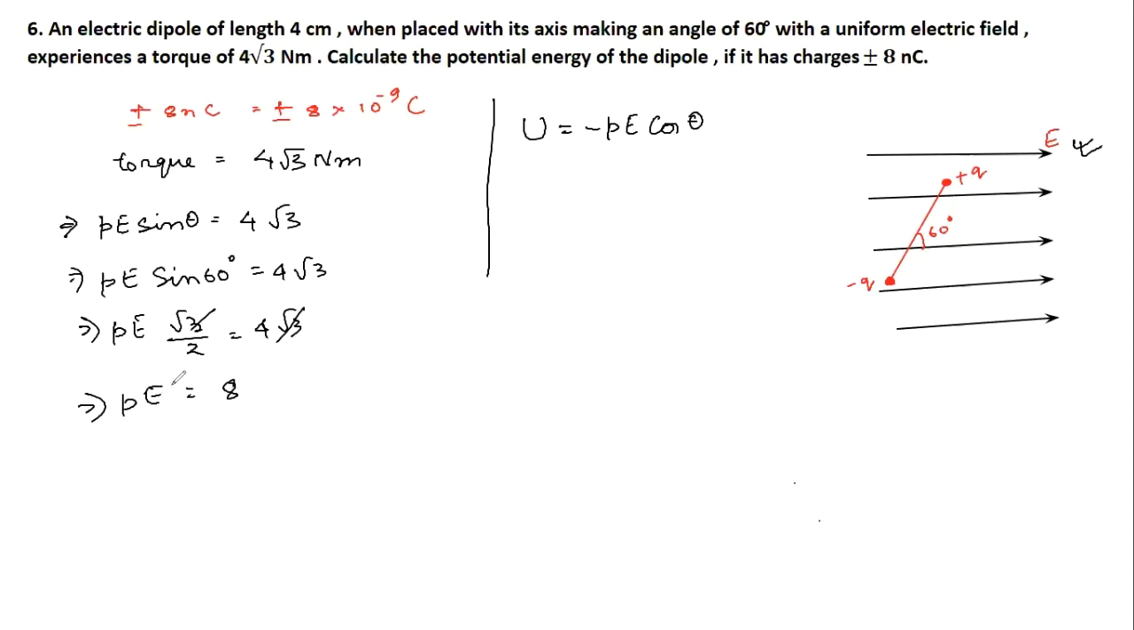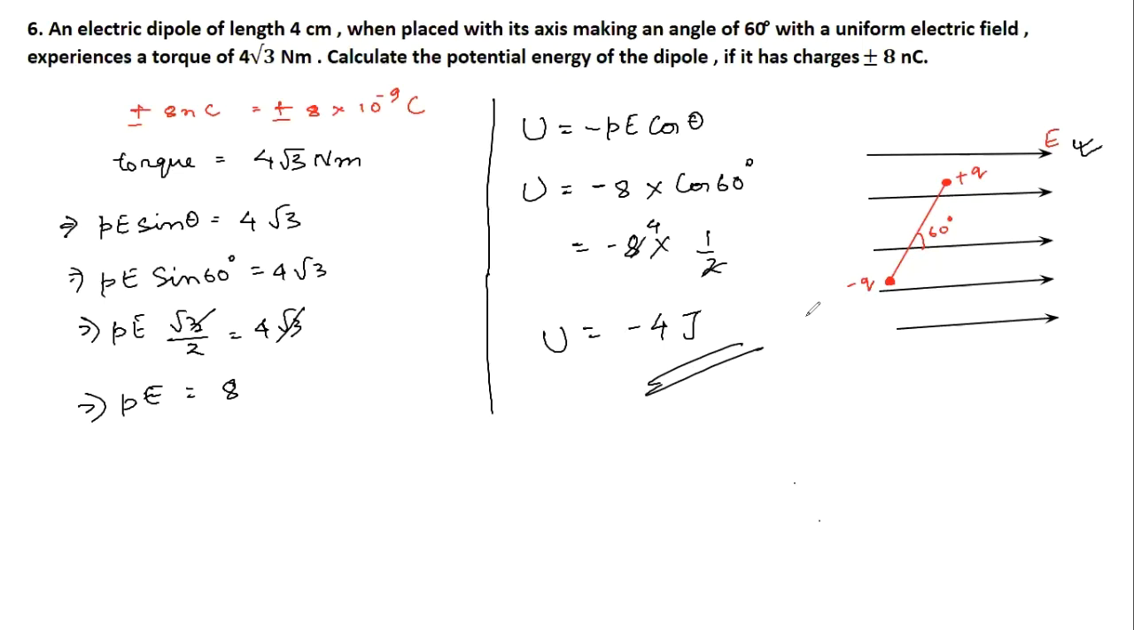We have this value E. Now, this potential energy U, if we replace this PE here, so our PE value is how much? 8, and cos theta, so cos 60 degrees. So minus 8 multiplied by cos 60, which is 1 by 2, so you get potential energy of minus 4 joules. This is the amount of potential energy this dipole possesses when you place it in this uniform